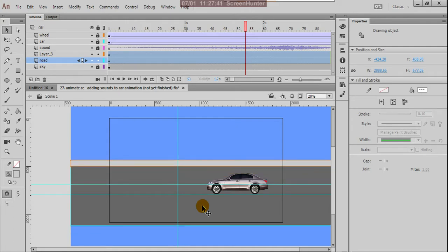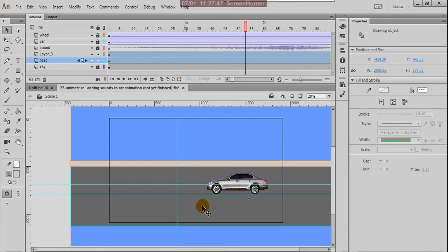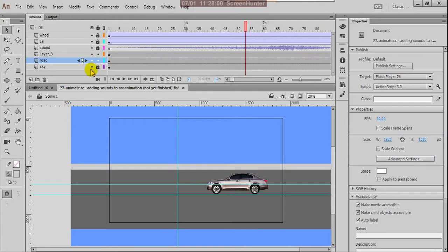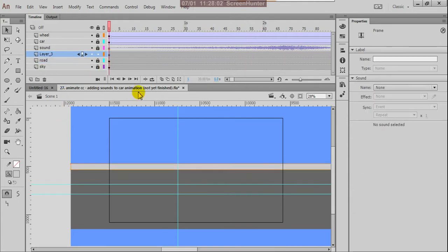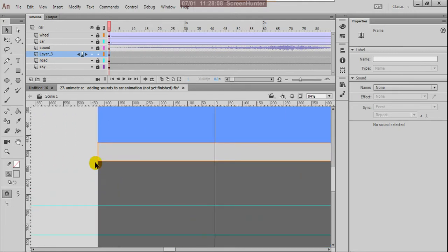Suppose this is okay, nice. Then I'll add one more line here, otherwise I can copy and paste this.